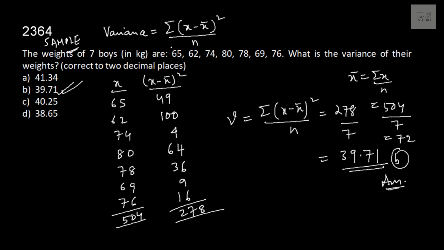Otherwise, it is always assumed to be the population, the entire thing as a whole, and hence I divide by n and not by n minus 1. That's a bit technical thing. So look out for the word sample. If there is the word sample in it, to calculate the sample variance, divide this numerator by n minus 1. If no sample word is given, it's simply divided by n in that case.